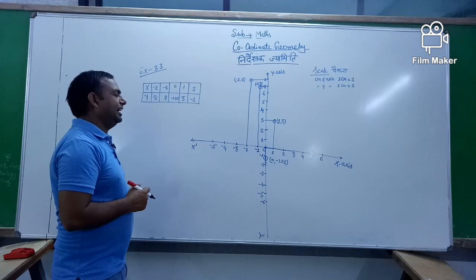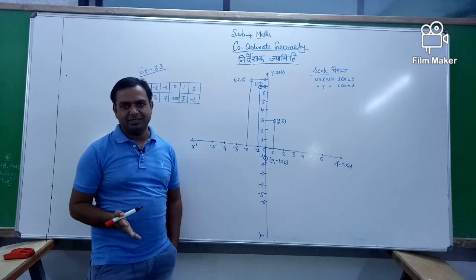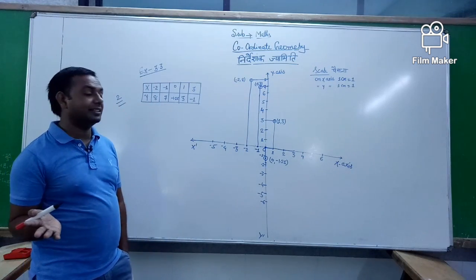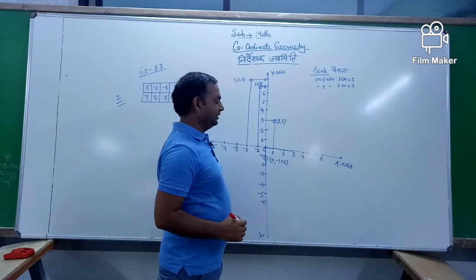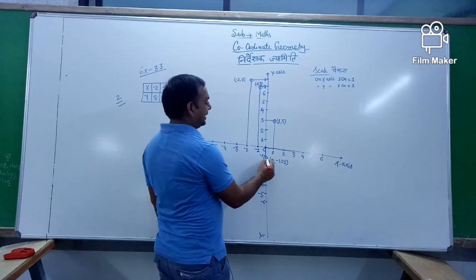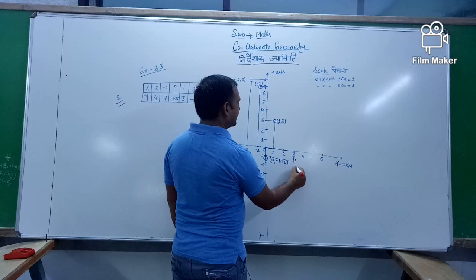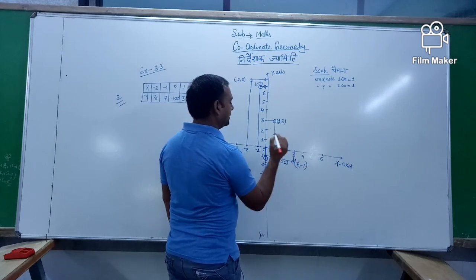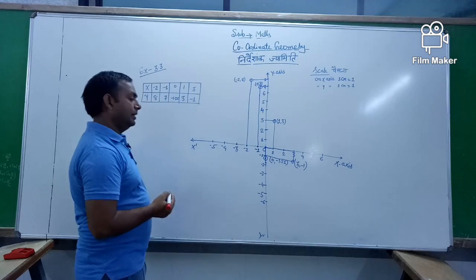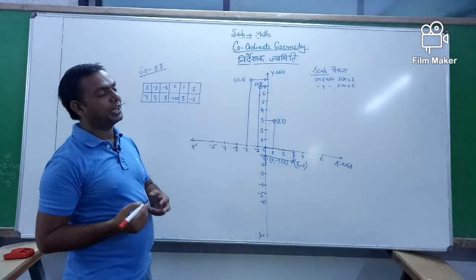Next, x is equal to 3 and y is equal to minus 1. The value of x is equal to 3. Anyone tell me? Yes, on the x-axis the variation is 3 and on the y-axis the variation is minus 1. So this is the point, here x is equal to 3 and y is equal to minus 1, right? So all of you understand in a proper way how you can draw these points.